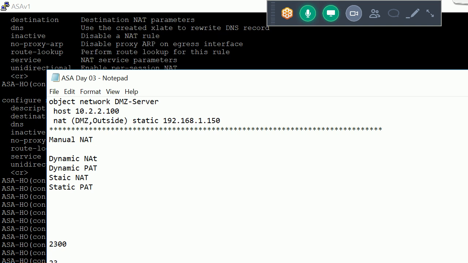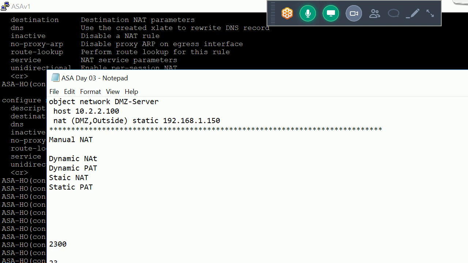Generally in production, people don't run services like telnet, SSH, HTTPS on a port which is publicly known. They run the service on some other port. After that, they configure the port mapping on the firewall.